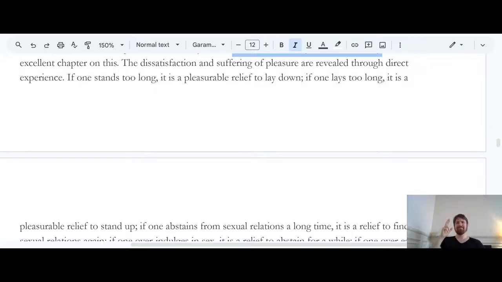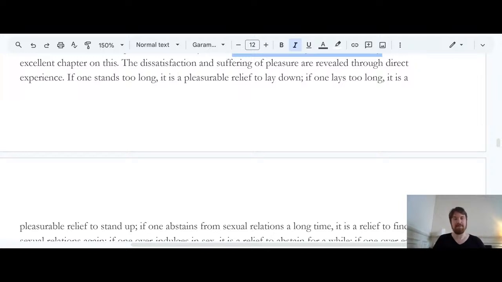Pleasure, any pleasure that you can think of, and you really should spend some time thinking about this, every pleasure you can think of, if you continue to engage in it continuously, becomes pain. So if you sit and you find a great television show, a great Netflix series, and you continue to watch and watch and watch, and you don't stand up and you don't move and you just sit there and try to watch it, pretty soon you start to feel uncomfortable. And if you then go through the whole series and you loved it, and then you go back and you start from the beginning and you watch it again, you go back, you watch it again, pretty soon you're going,